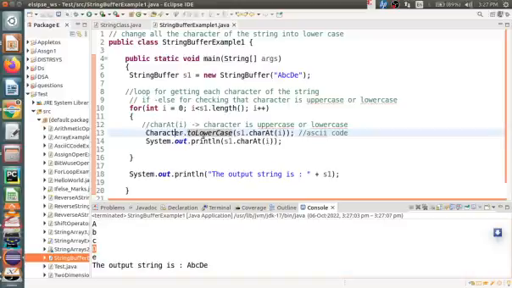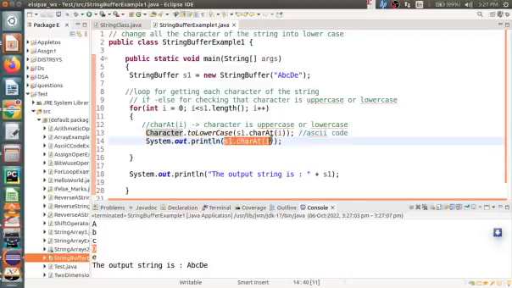So instead of printing this one, I will print here. Okay, so whole method